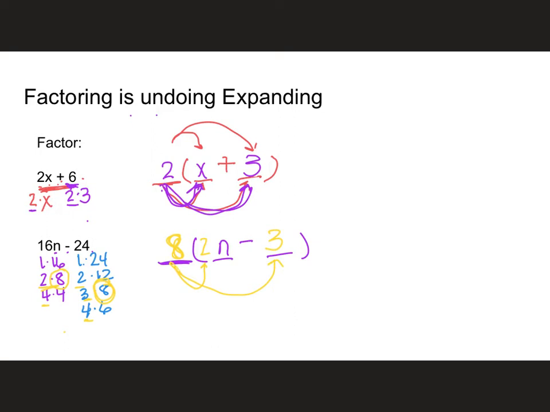So let's do that again. 8 times 2n is 16n. 8 times 3 is 24. And I put a subtract in the middle. So there it is. I have factored this and accidentally did it in